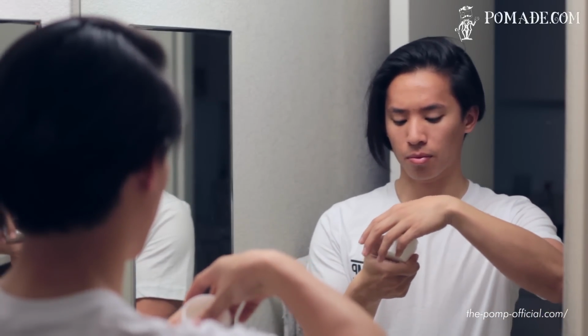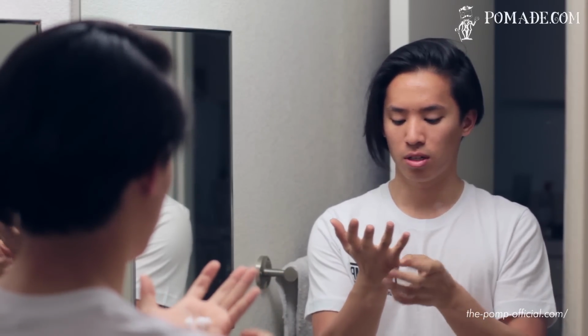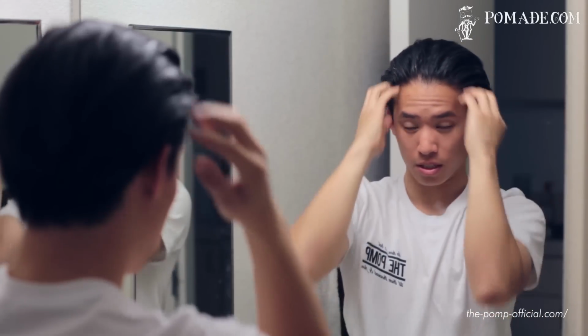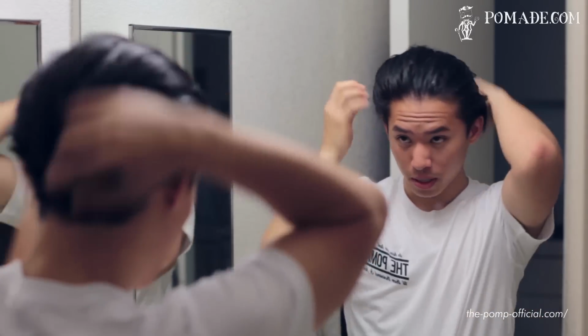So this product has a different texture than the normal water-based product. It has a more gummy texture to it. Somewhat similar to JS Sloan, but other than that, it has nothing similar with JS Sloan. With the Formula X and the Formula Y, I'll talk about the comparisons later when I review the Formula Y. But this product,